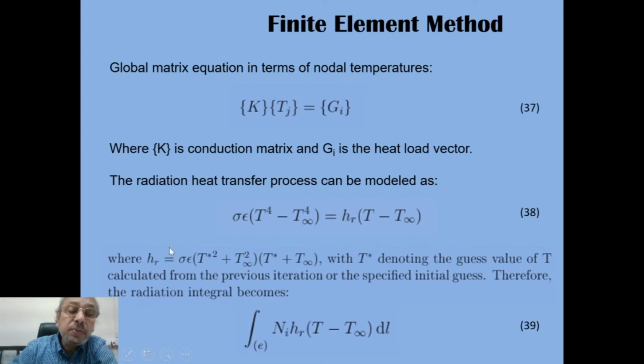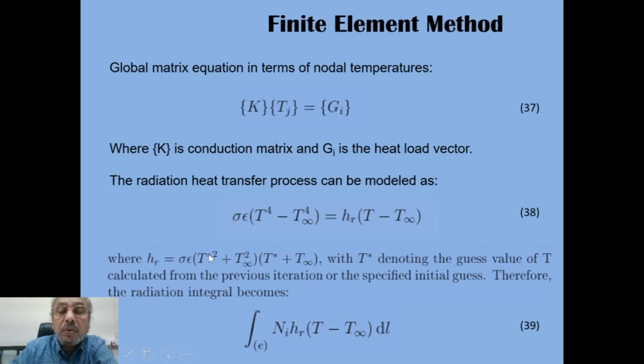If we model it this way, then HR, the radiative heat transfer coefficient, will be defined. Obviously, we can find it out from here: sigma into epsilon into T star square plus T infinity square into T star plus T infinity,